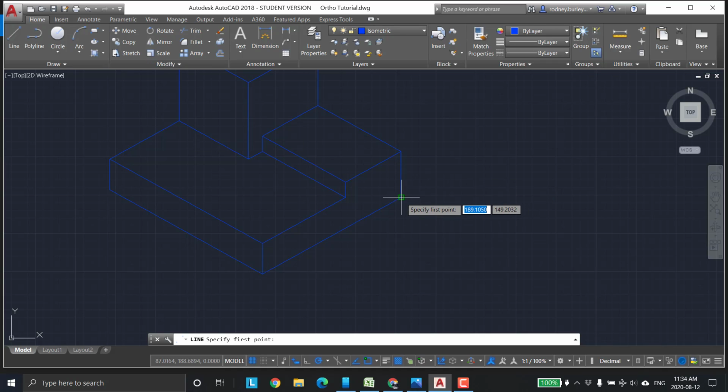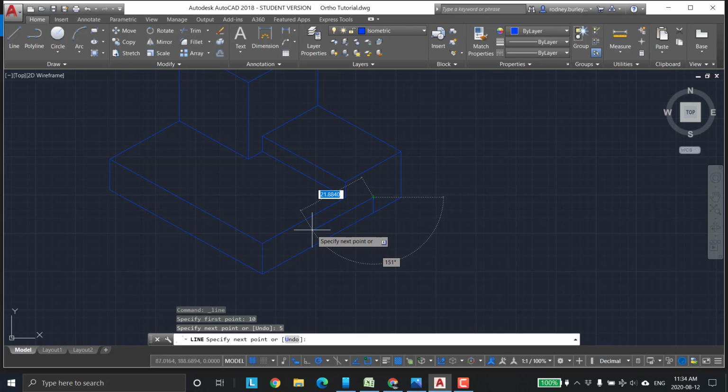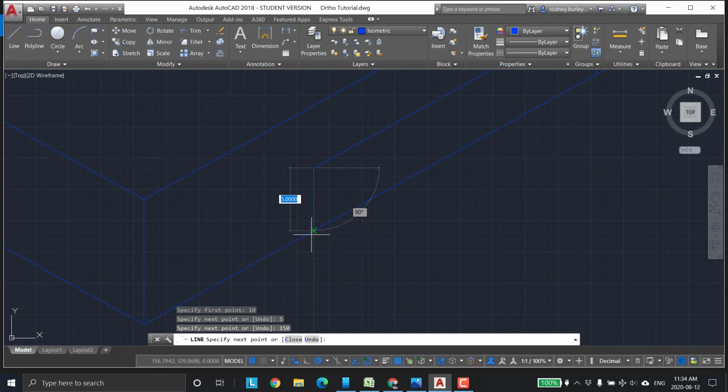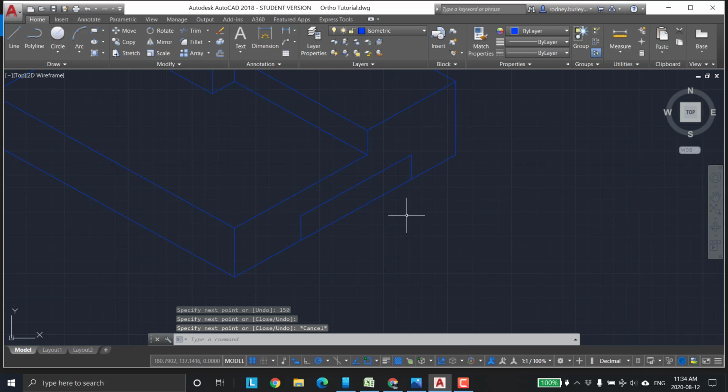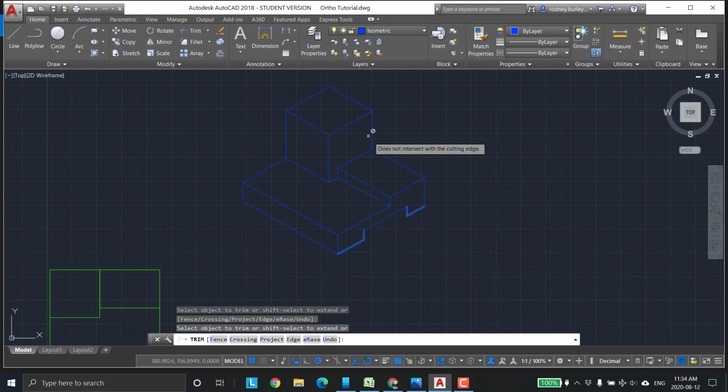My channel we know is from here down to here is 10, enter, and up is 5, and then over this way, copying that from here to here is going to be 25, tab, 150 degrees, and then from here down to here, just locks it. Now I'm going to delete this, so I'm going to trim it, and I'm going to trim that there, there, there, enter, and trim that out. Now up here,